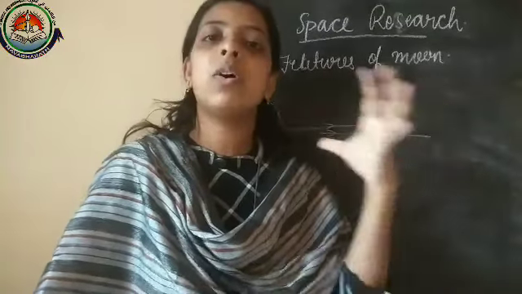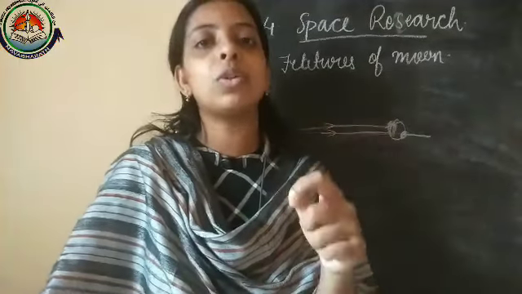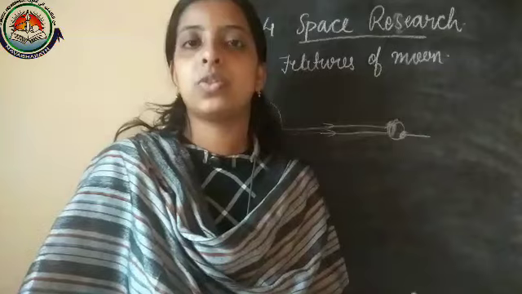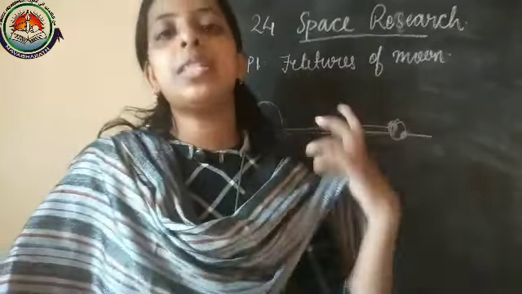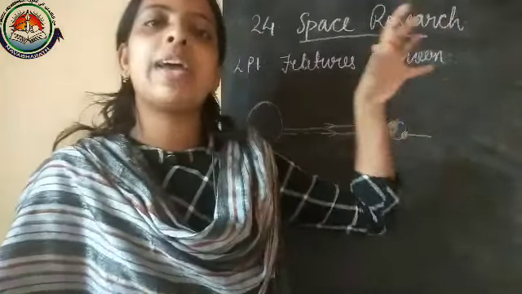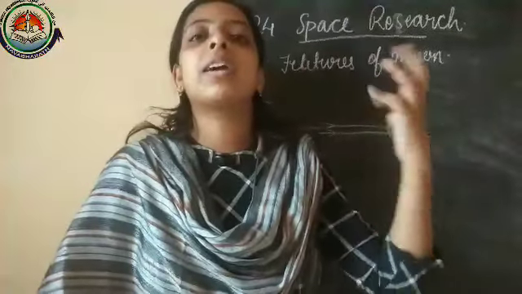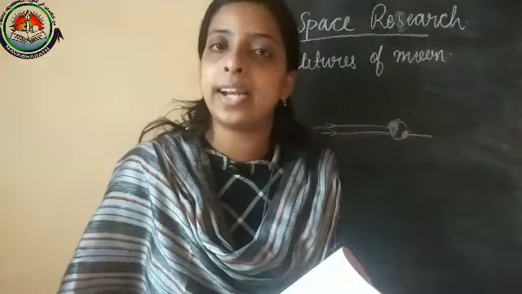Okay, these are basic things. How do we come to know all those things? Because of space research. And artificial satellites are not only sent to learn about the planets or the sun. We have communication satellites, weather satellites, and various other kinds of satellites.